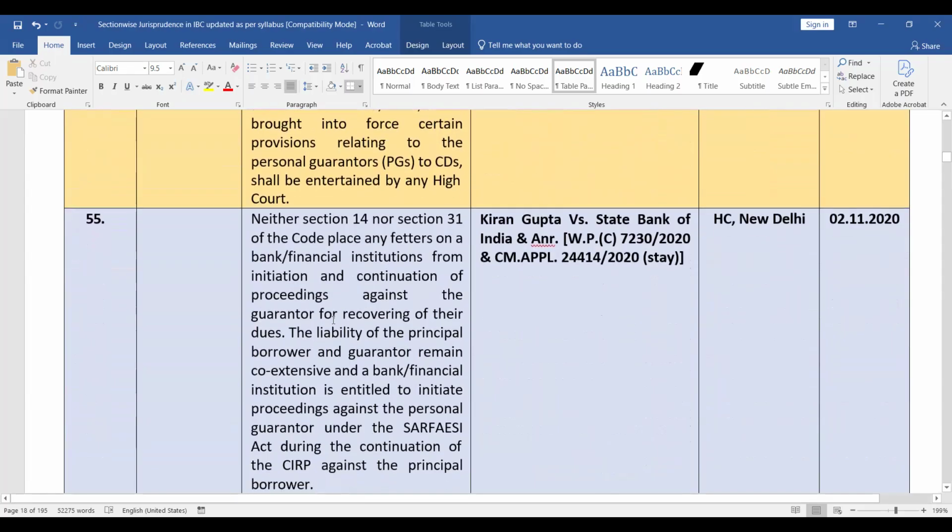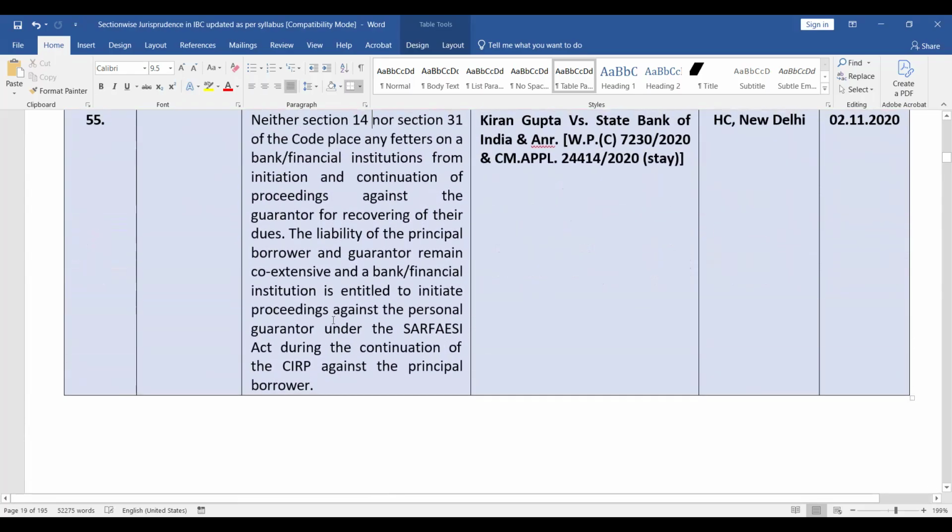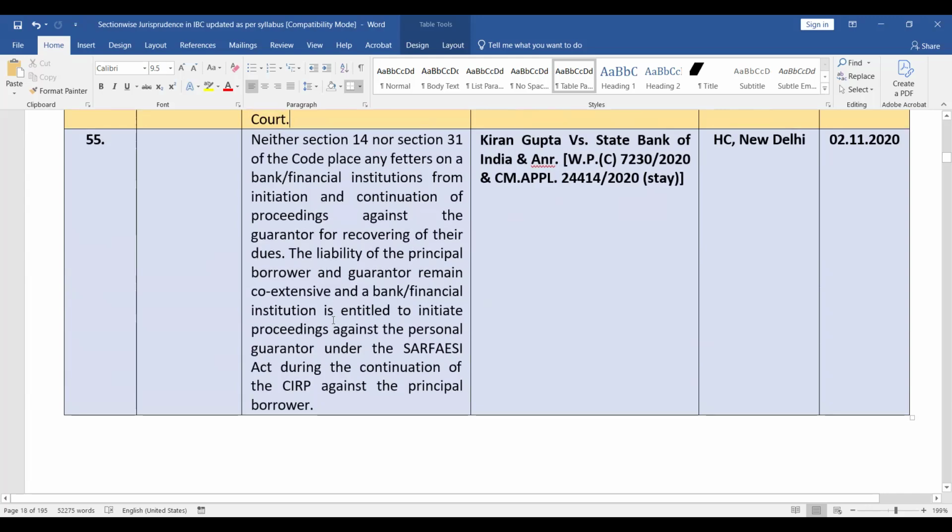नेक्स्ट इज नाइदर सेक्शन 14 nor section 31 of the code place any fetters on the bank or financial institution from initiation and continuation of proceedings against the guarantor. Section 14 talks of moratorium. तो सेक्शन 14 में मोरेटोरियम लग जाता है. मोरेटोरियम में क्या होता है कि यू कैनॉट प्रोसीड इन रिस्पेक्ट ऑफ एनी सूट और प्रोसीडिंग. ठीक है, तो ये कहता है कि नाइदर सेक्शन 14 नॉर सेक्शन 31 place any fetters on the bank or